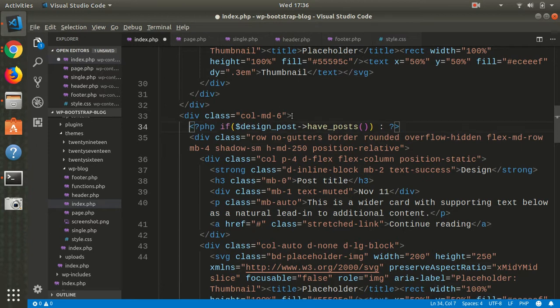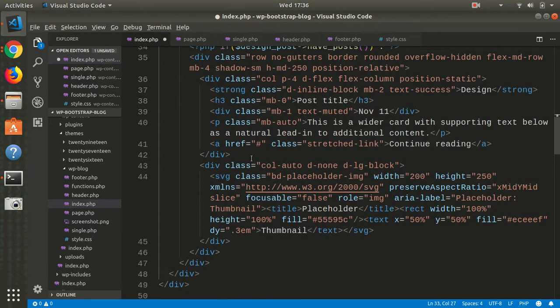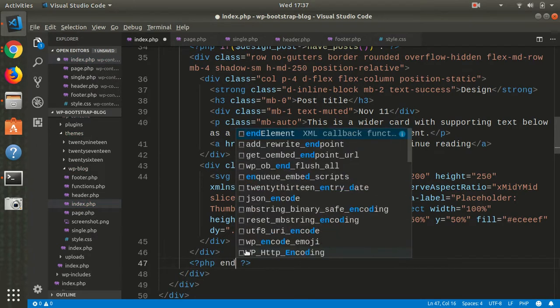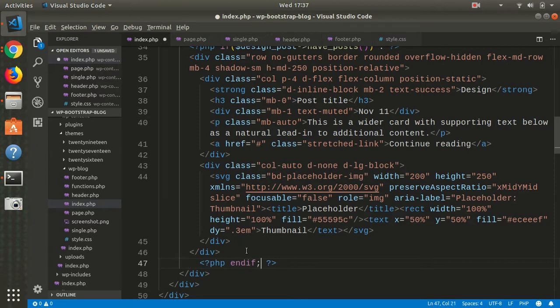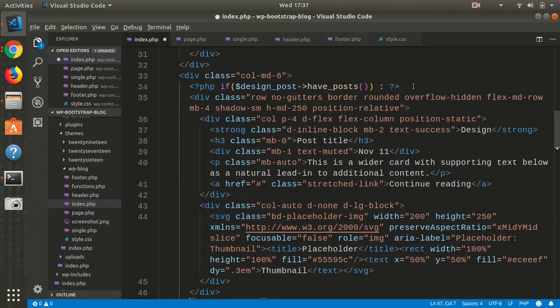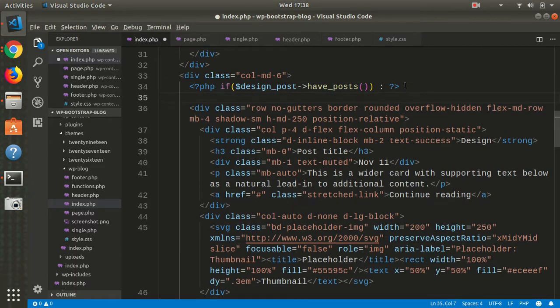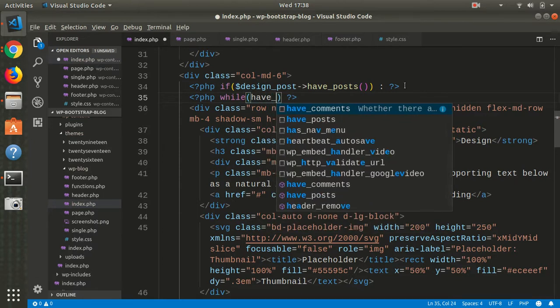Let's see, we are inside this div. So let's go down here. Okay, and if, oops, I don't know why it keeps doing that. Okay, then we call our while loop. So while have posts,